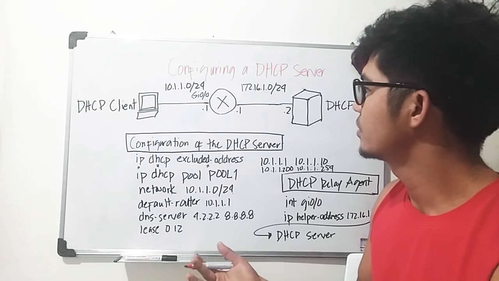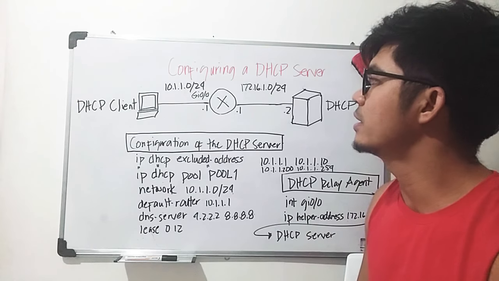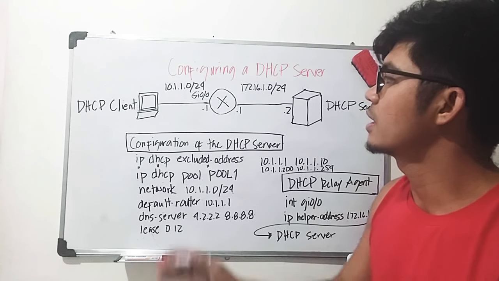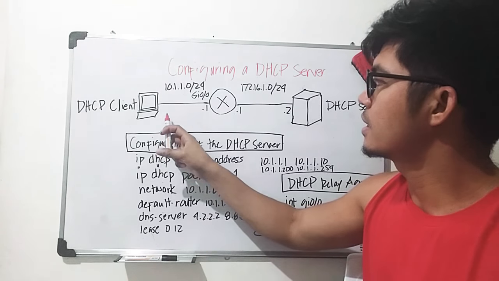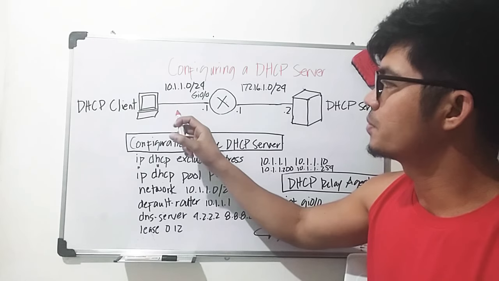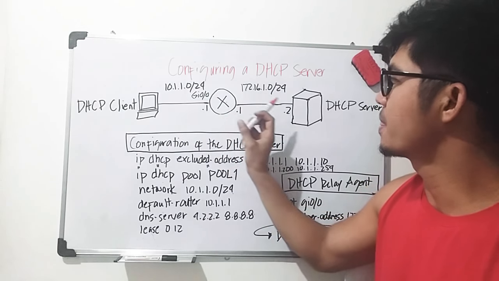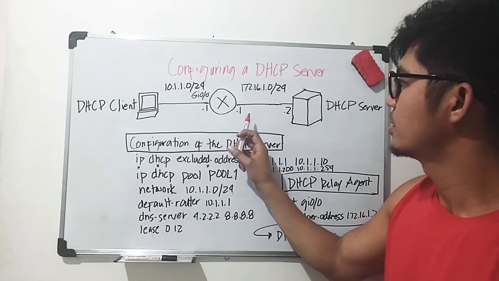DHCP server. So in this case, this is very common in the real world because as you can see here, the client belongs to one subnet, and the server belongs to another subnet. So